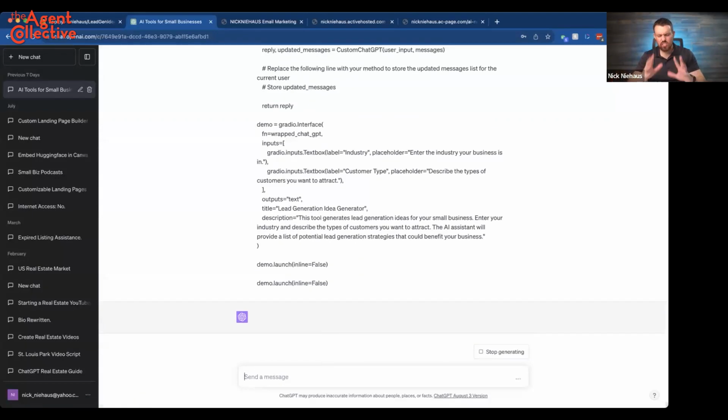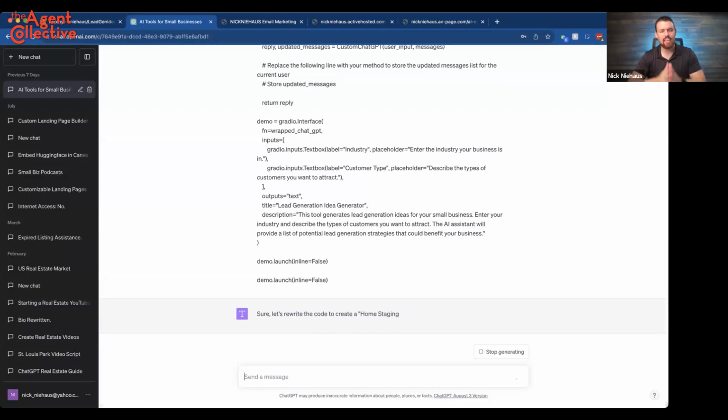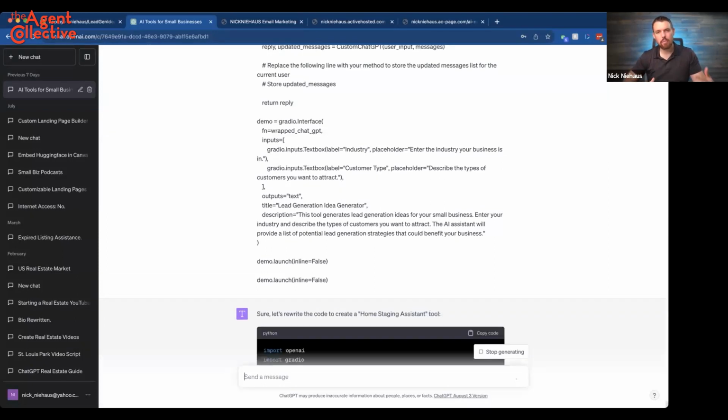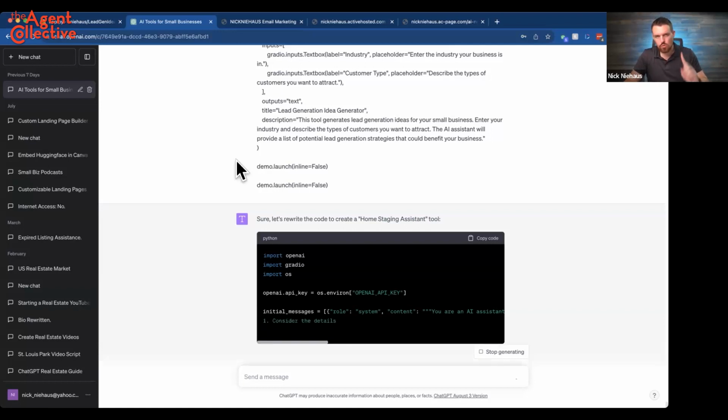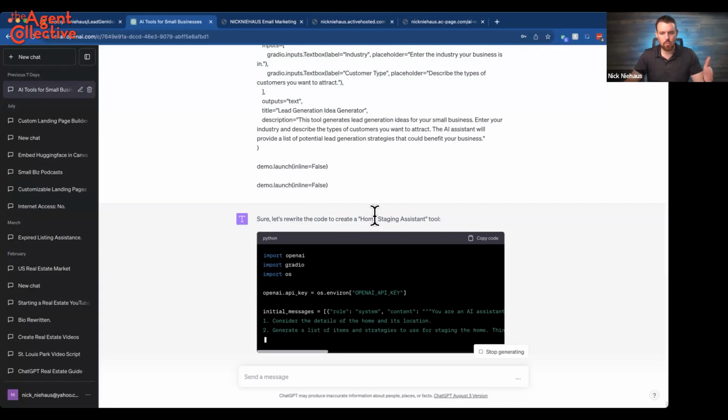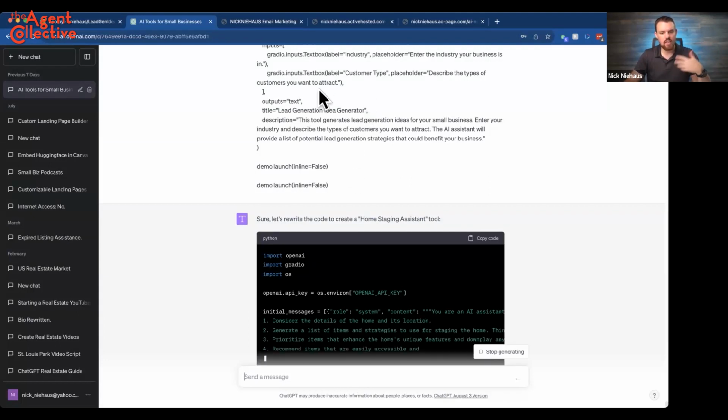And I will emphasize this a lot, right? Sometimes it's going to make mistakes. All right. Sometimes it's going to write code that is not what we were looking for. It's going to make some errors. Okay. And so we just have to work with it. And that's what's really cool about AI. And that's what's cool about ChatGPT, is if you don't get what you would expect, you just have to redo it. Okay. That's really it. You just have to talk to it. All right. That's all we're looking for here.